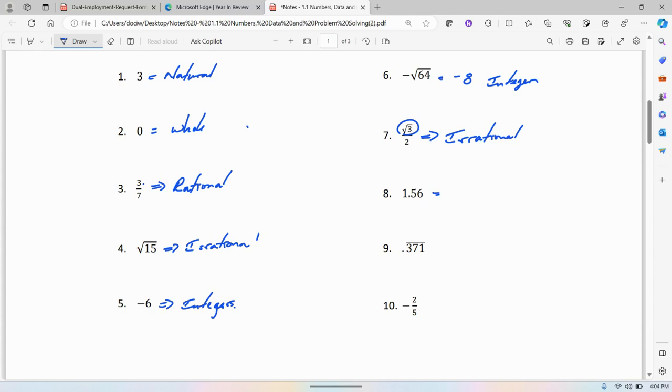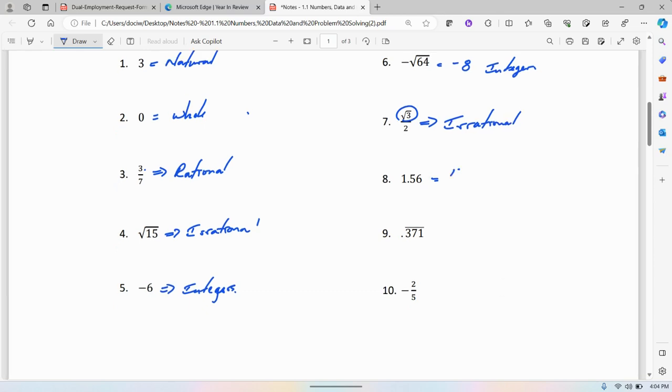1.56, it is a decimal, but I could write that as 156/100. That is a rational number. So 1.56 is a rational number. Any decimal that ends or repeats can in this way be written as a fraction. A number that repeats, like 0.371,